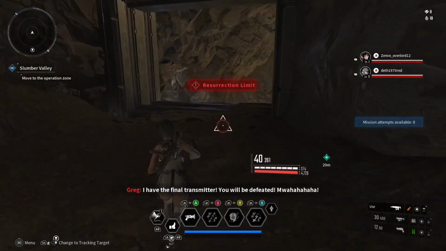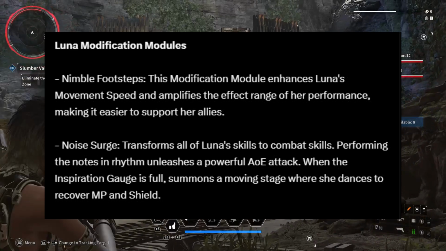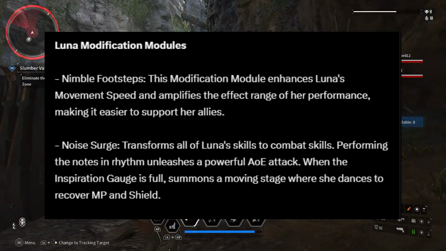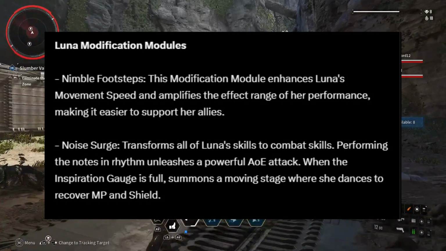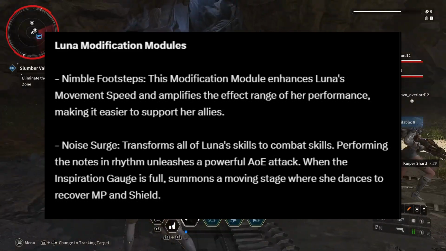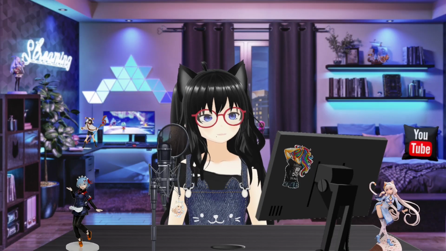So we've also got Luna modification modules. We've got Nimble Footsteps. This modification module enhances Luna's movement speed and amplifies the effect range of her performance, making it easier to support her allies. Noise Surge transforms all of Luna's skills to combat skills. Performing the notes and rhythm unleashes a powerful AoE attack when the inspiration gauge is full. Summons a moving stage where she dances to recover MP and shield. And that's the one I think everybody's going to want. And that's the one that I think can only drop from the new hard